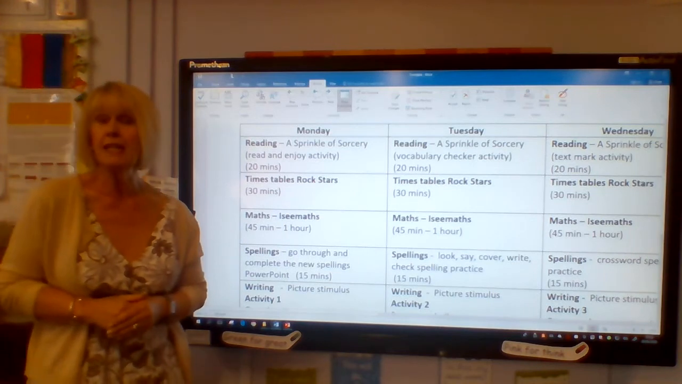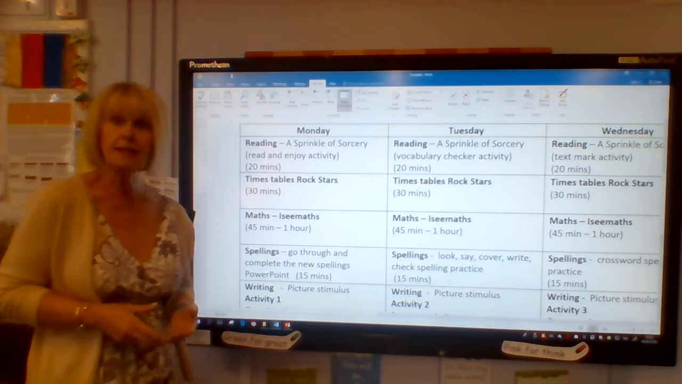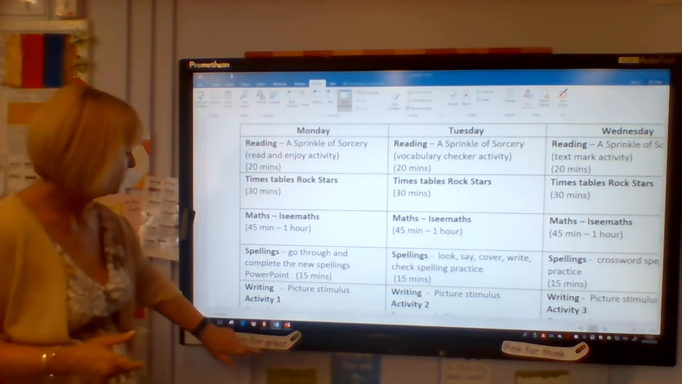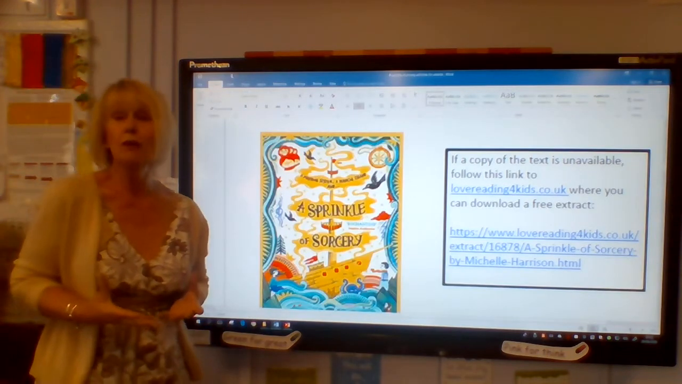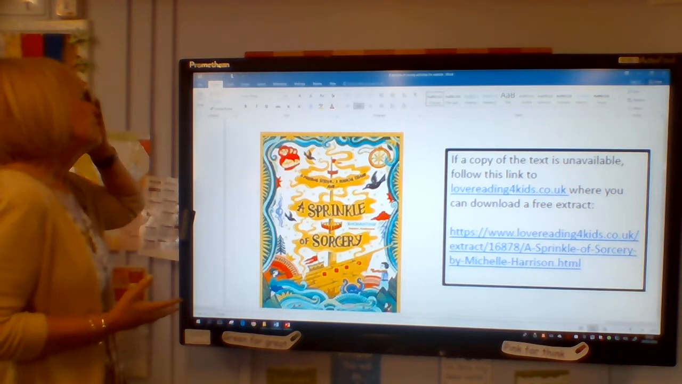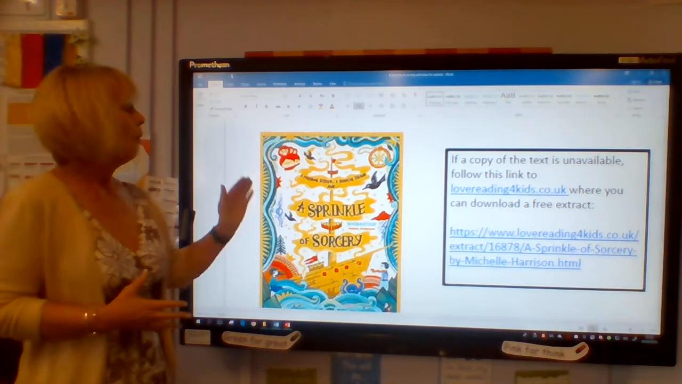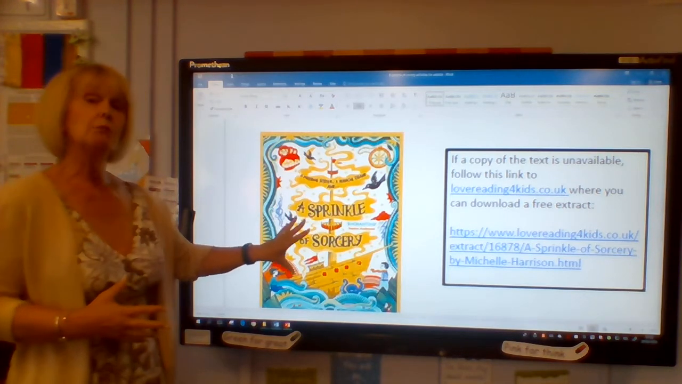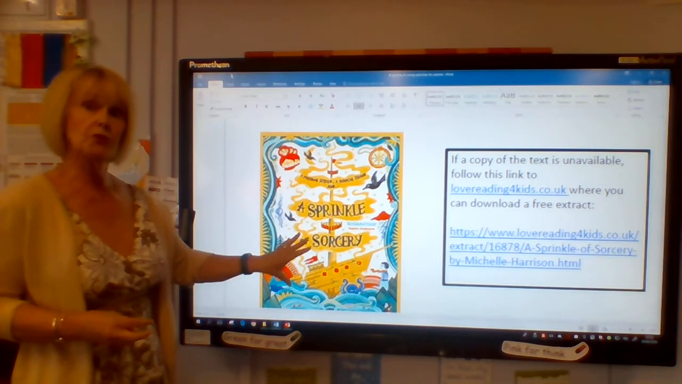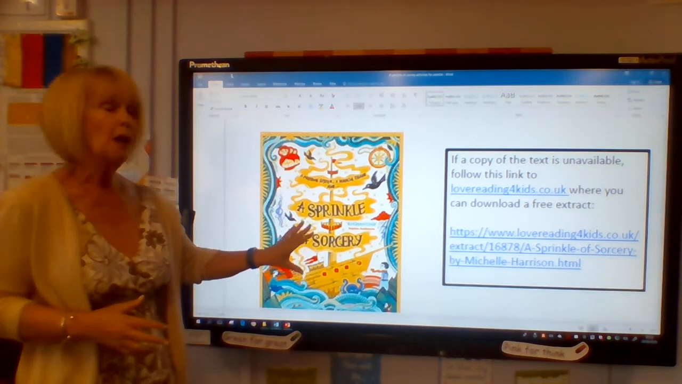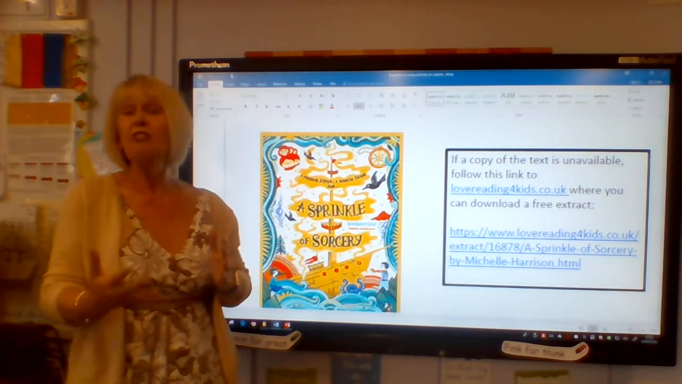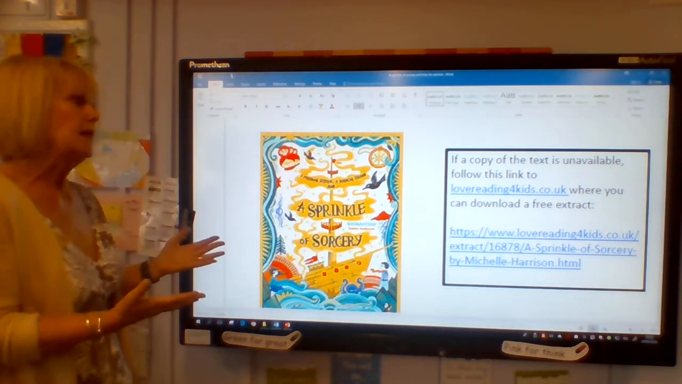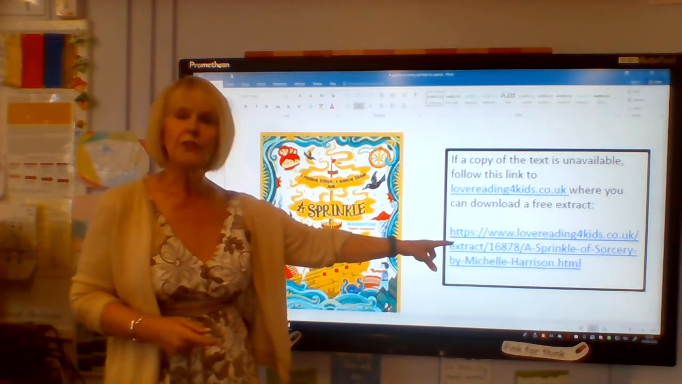So, let's firstly look at the reading task. Let me talk you through that one. I'll just pull it up, and this is something that you can find as well. It's all in the usual place on the school website. So, the reading task today is all about this particular book, A Sprinkle of Sorcery. Now, you don't have to buy the book because it is just the bit that we need. We only need pages 1 to 5, and so that bit that we need can be found on this website